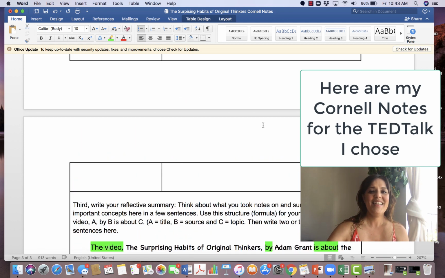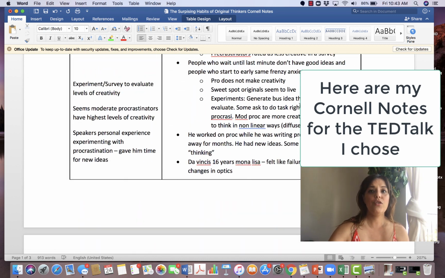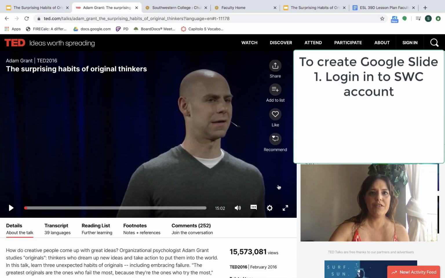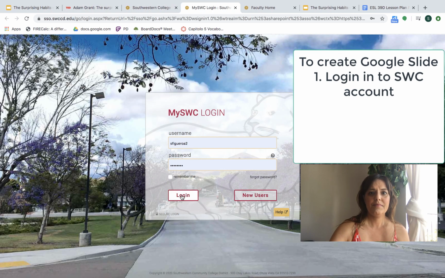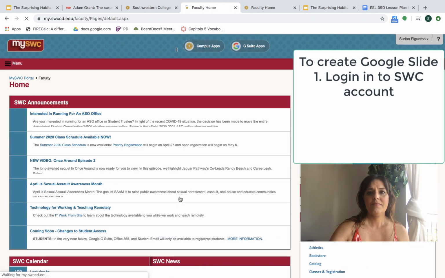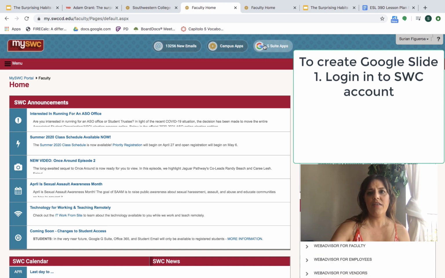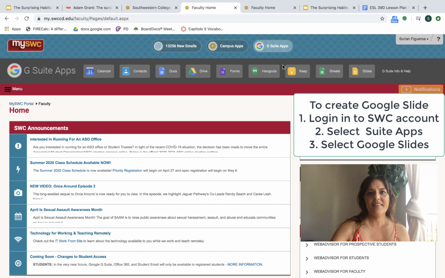Okay, great. Now that I have my Cornell notes here, I'm going to use these to create my Google slide. So to create a Google slide, I'm going to go back into my internet browser, and I use Chrome. I'll go into my Southwestern College account. And you'll see here on the right that I have access to G Suite apps, Google Suite apps. So I'll click there and